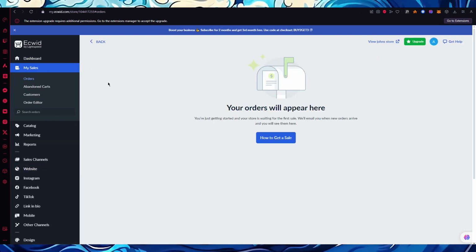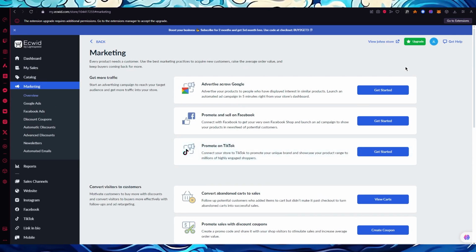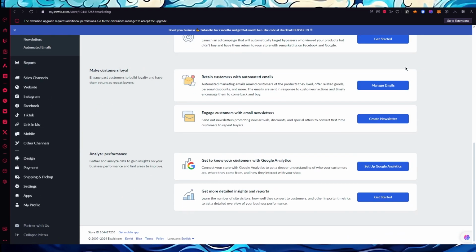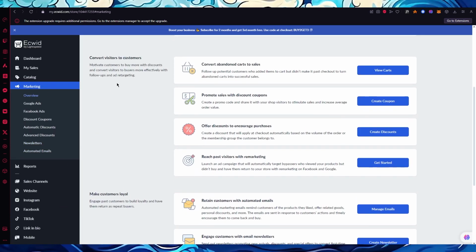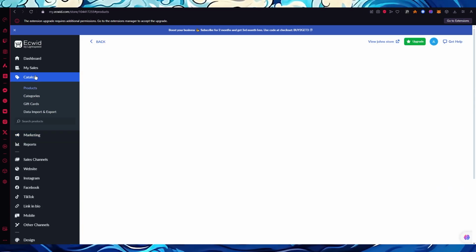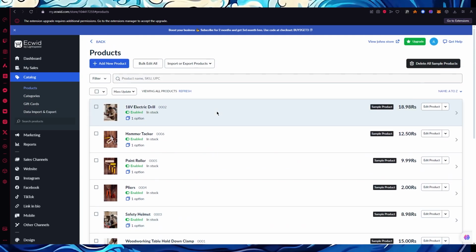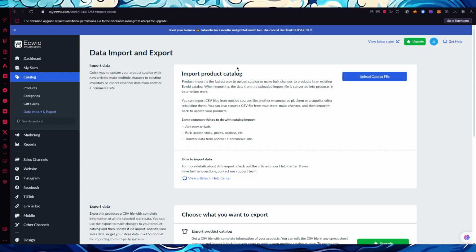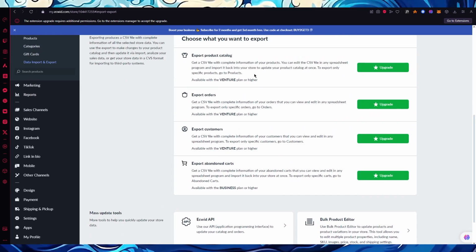to My Sales. To go to My Sales, you're going to click on How to get a sale, and what that will do is it will actually bring you to marketing, and you can promote different types of products in various regions. Obviously that depends on you, on however you want to add things. But to add proper products, you're going to come over to catalogs, and as you can see, you get custom products through the theme. But if you want to add a product for yourself, you can import products from different regions. So to import products, you're going to go to import product catalog, and you can actually import a proper